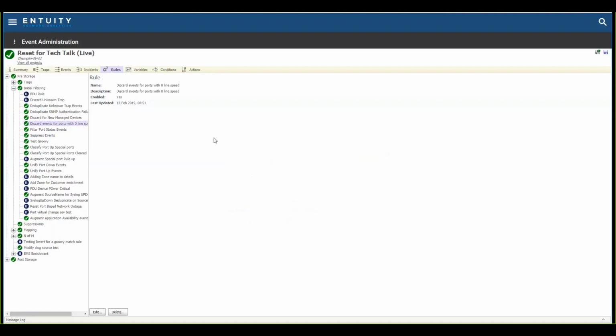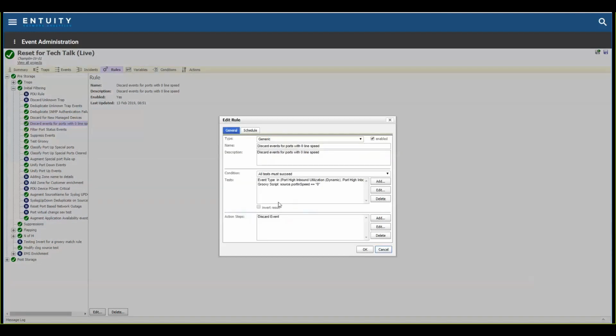Now, a good way to look at this is actually, again, looking at the top-end dashboard and identifying port utilization. And if you see interfaces that are over 100%, it's a good indication that you've got that problem. If you're ticketing on high port utilization, you're probably generating tickets on stuff that's really considered noise. So how do we get rid of events for ports that are generating utilization events over 100%? The best way to do this, and this is again a rule that we'll send over,